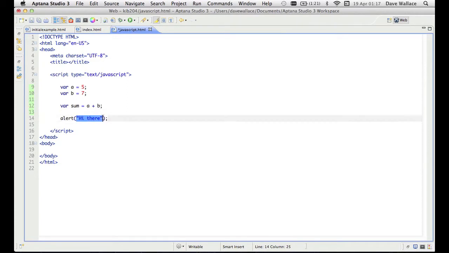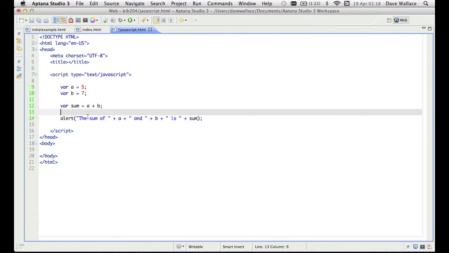And we can also output variables in the place of strings like that. I can do combinations of strings, I can join strings together as well. So I can say the sum of plus a plus and b is,